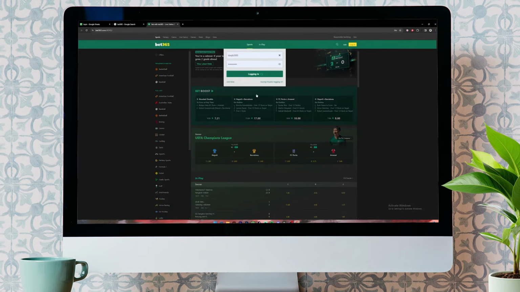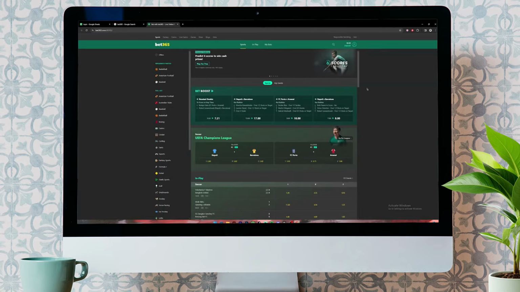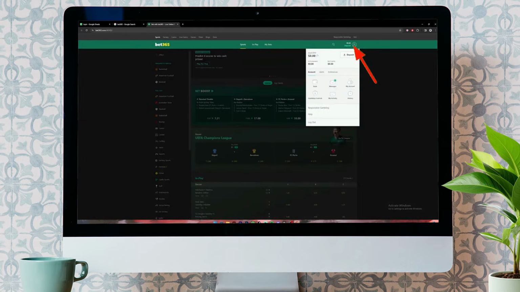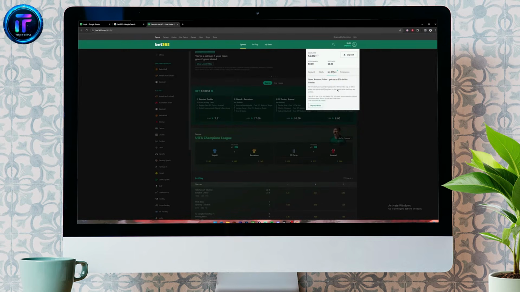And once you're logged in, click on your profile at the top right corner. Then, this pop-up will appear. On this pop-up, you can see this tab My Offers. Click on it. Then, on this section, you'll find a referral code. Once you find the referral code, copy the code and give it to your friend via any messaging app or